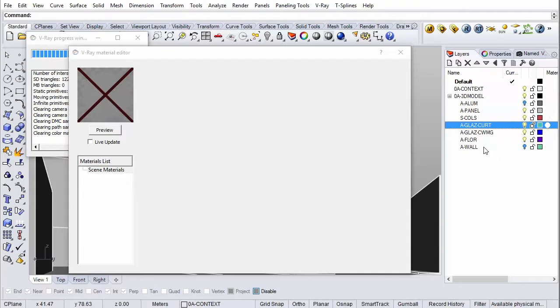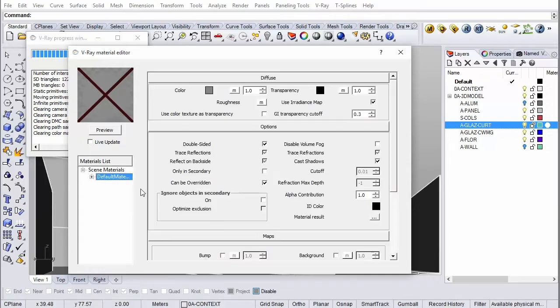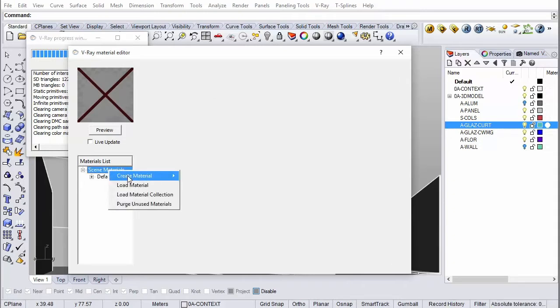So here we are. There's nothing at the moment for materials. In order to start creating materials, we're going to start with standard materials. So you go to Scene Materials, right-click, Create Material, and just go to Standard. Okay, that'll create a default material. You want to create 5 standard materials.